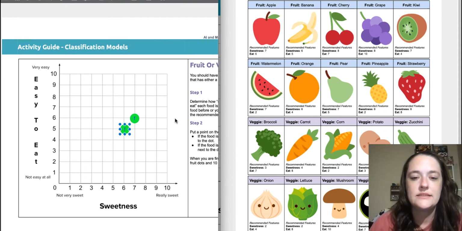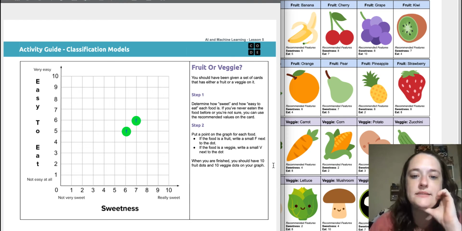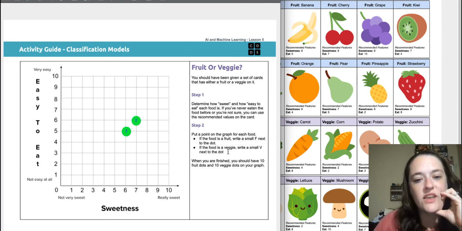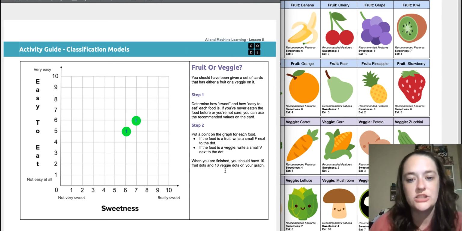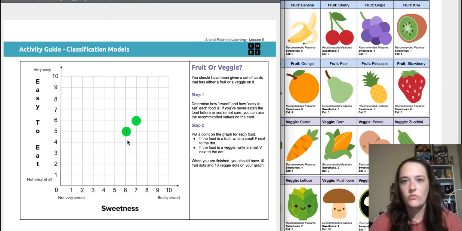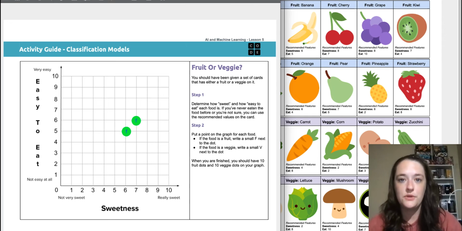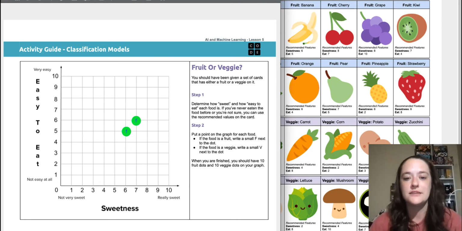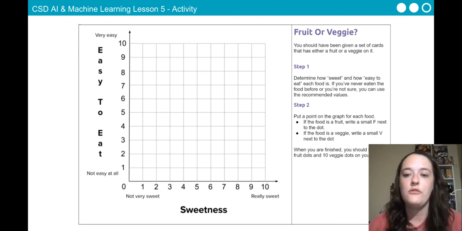Okay. And so what I want you to do is keep going and completely fill this up. It says if the food is a veggie, write a small V next to the dot. When you are finished, you should have 10 fruit dots and 10 veggie dots on your graph. I would probably also make the veggie dots a different color. But pause the video here so that you can complete this activity guide. Now remember, I said you can use the recommended values if you want to. And whenever you get done,